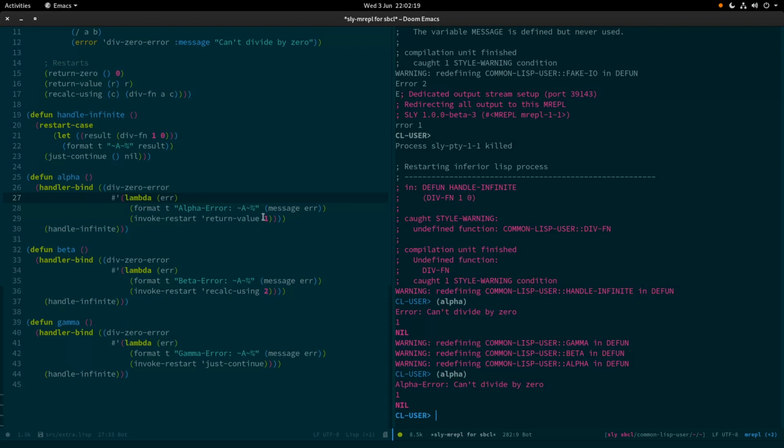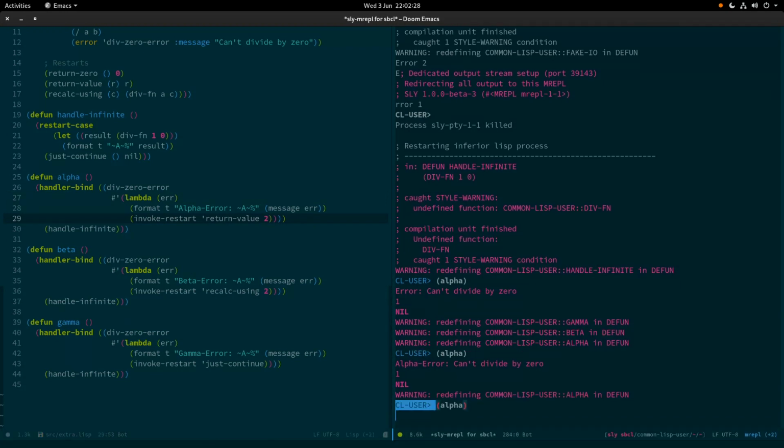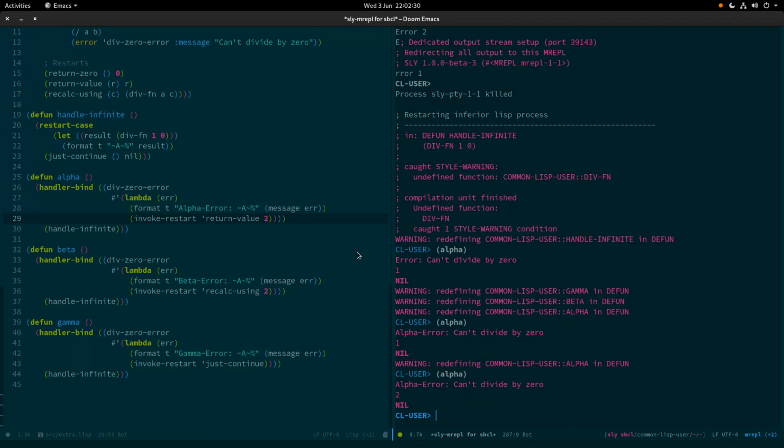So if we change this to 2, and we run alpha again, you can see that we still can't divide by 0, but the return value that was received is 2. Now it'll be exactly the same principle with beta, but the restart that we are invoking is going to be the recalc using. So instead of a 0, this will be 2, so 1 divided by 2 should be 0.5. Or actually 1/2,